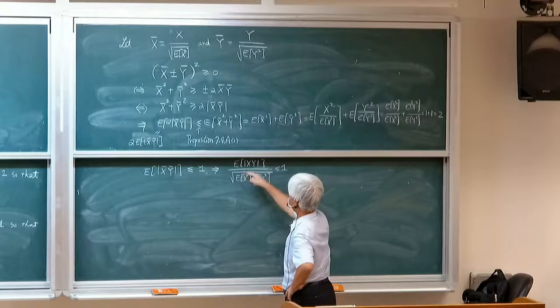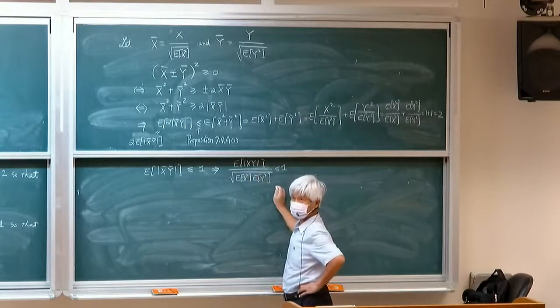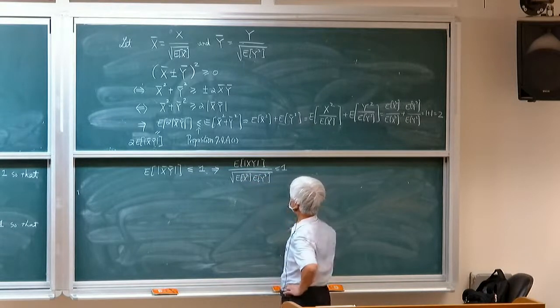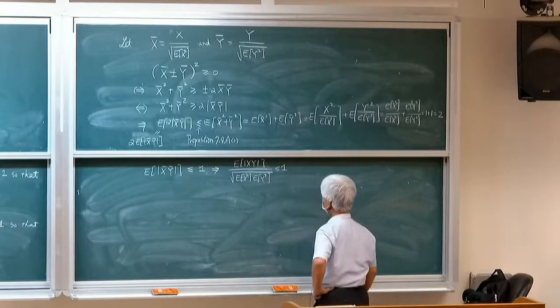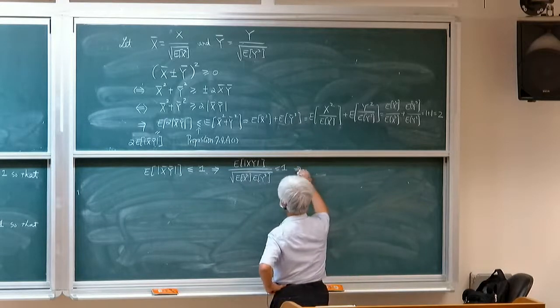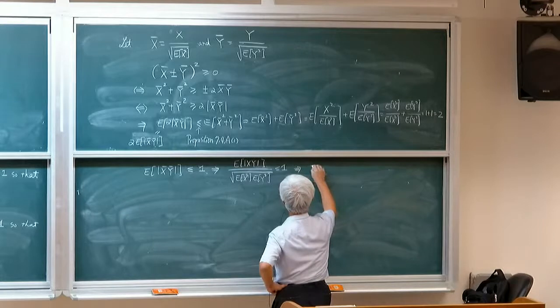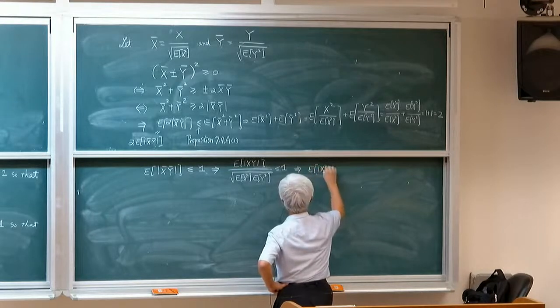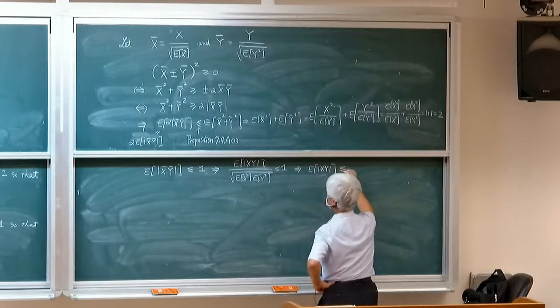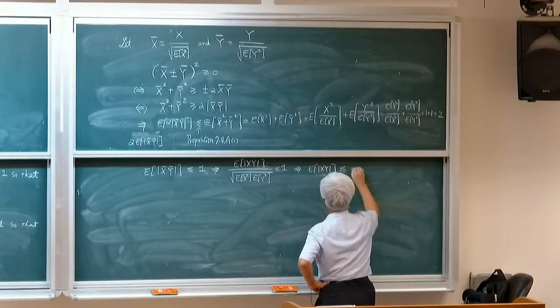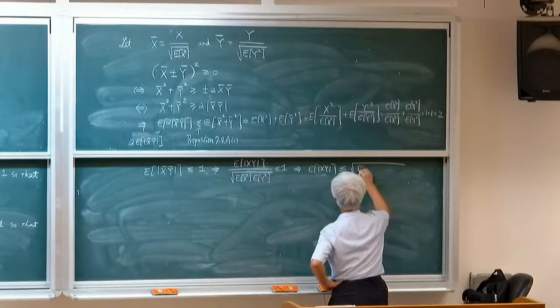So you can take out the constants, the coefficients here, so that you have the expectation of xy is upper bounded by the square root of